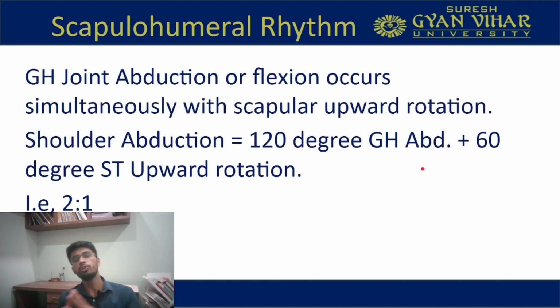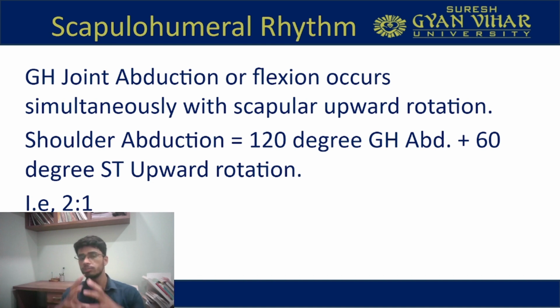Now, scapulohumeral rhythm. I think it is the most important thing to understand in the shoulder joint after the force couple. So this is the second important thing to understand. There was a scientist, Codman, who first stated that there is some relationship between scapular and humeral movement. Then Inman and colleagues did research, and they found that the scapulohumeral rhythm is actually 2:1, which means abduction occurs in two parts to one part of scapulothoracic upward rotation.